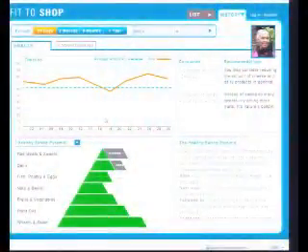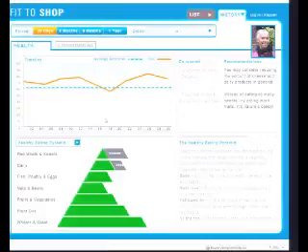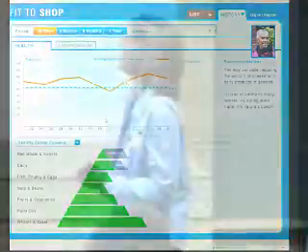Now, Sophie's been very busy in the last month, and she's been buying a lot of convenience foods. And so she's concerned that maybe she hasn't been eating quite as healthy as usual. So she's clicked on the 30-day view, and she can see that indeed the balance of her products is a little off. And she can see where she needs to cut down and where she needs to eat more.